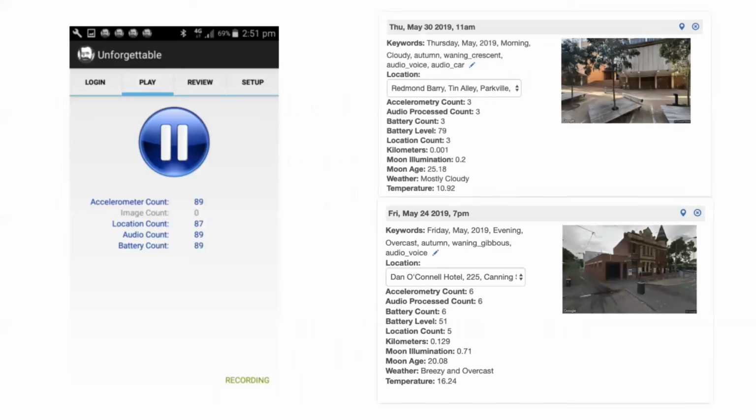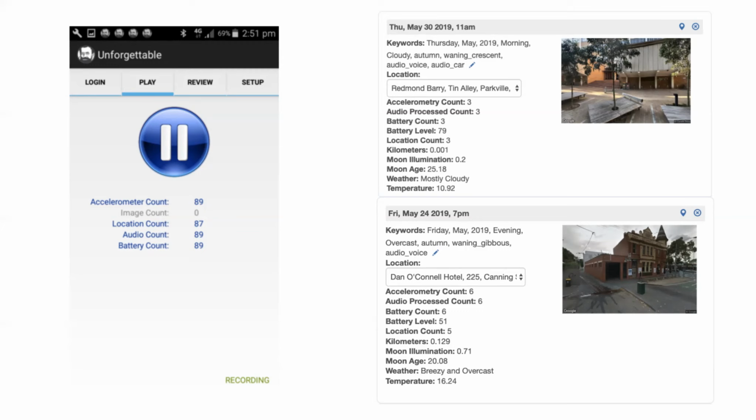So what we did is we endeavoured to collect information about people as they went about their everyday lives. They carried their smartphones with an app that you can see on the left-hand side here, which recorded their movement in the form of accelerometry, where they were in the form of GPS location, and the nature of the sound environment. And from these kinds of information, we're able to build a picture of the nature of the experience that people had at any given time.